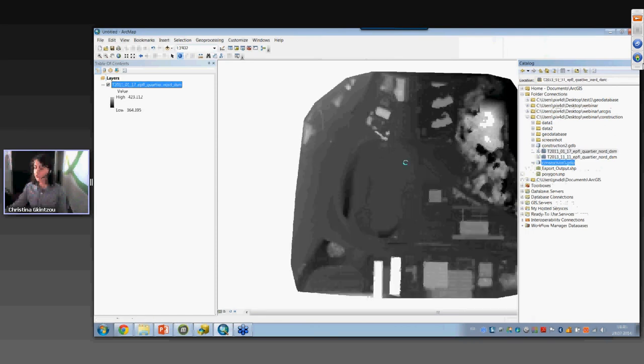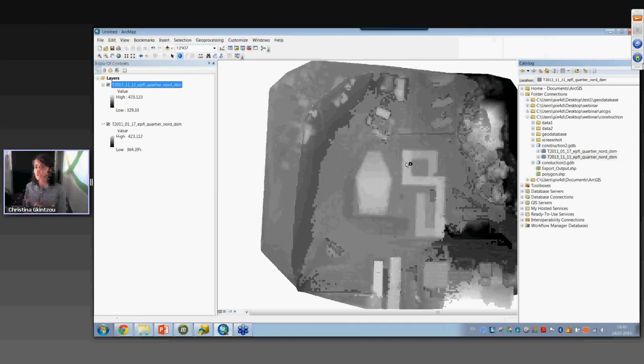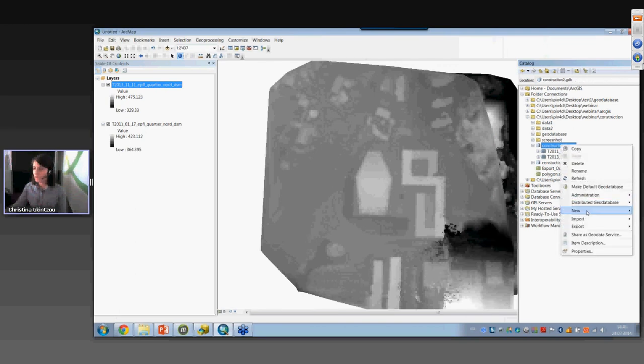This is the DSM before the construction of the building, and this is the DSM after the construction of the building. First thing I have to do is to define the area of comparison. I have to create a polygon in order to say I want to calculate the difference in volume in this area. So first thing, you have to go to your database, right-click,